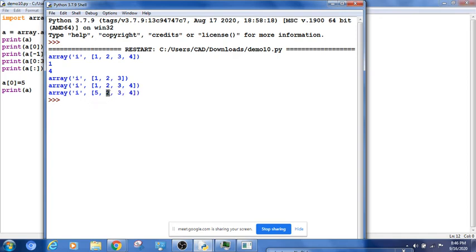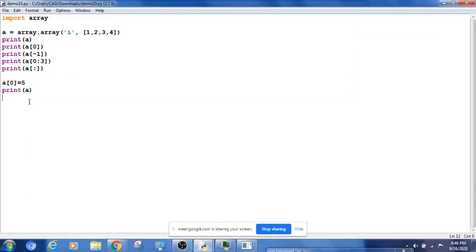What is the index of this? 0, 1, and then 1, 2, 3, which means I have to go till 4. So 1 to 4, right? So what I want to change is A of 1 to 4, starting index and end index. I am giving a range. These I wanted to change, meaning change with different values.